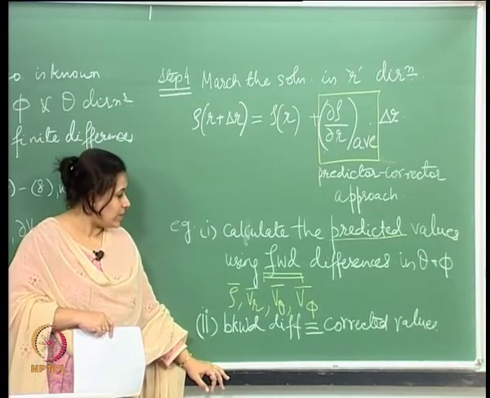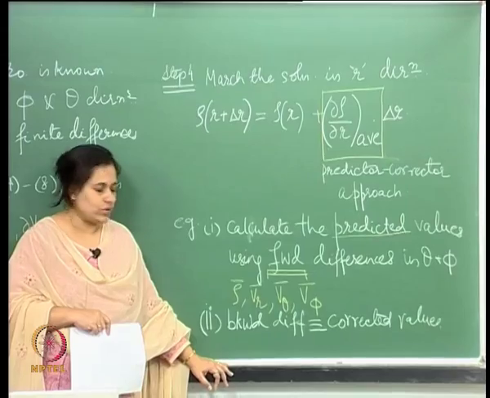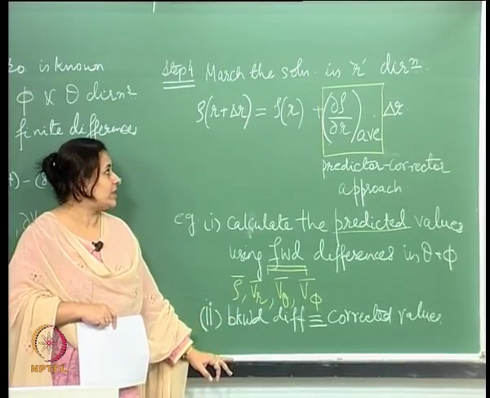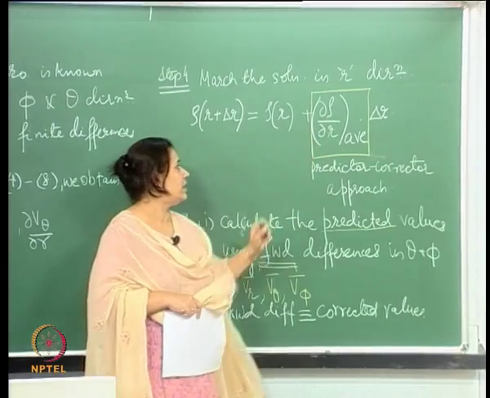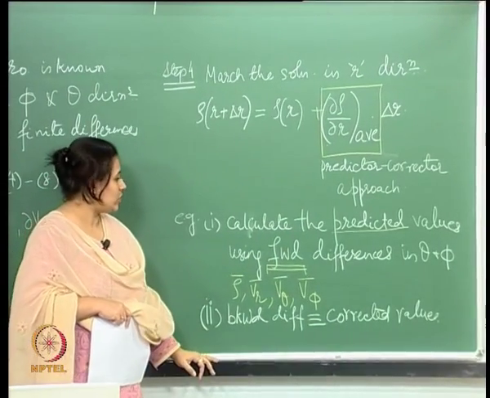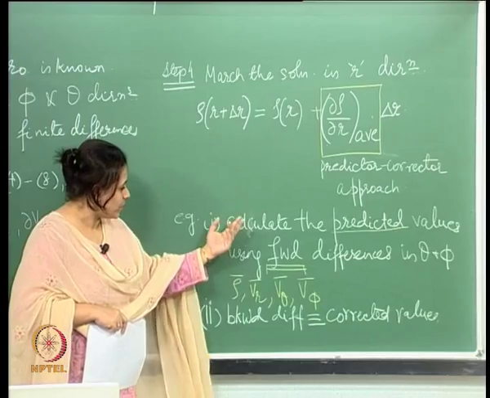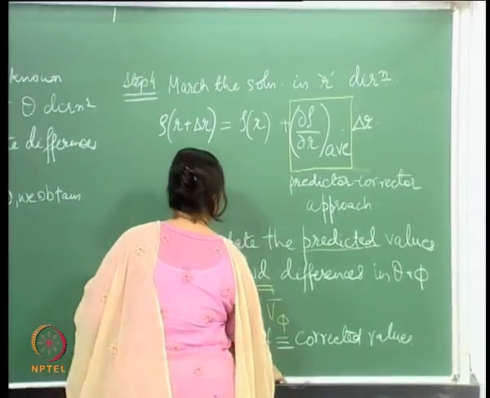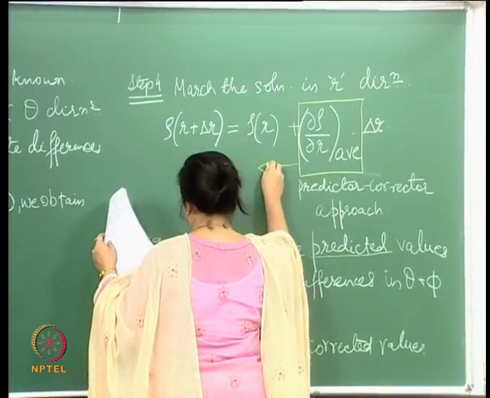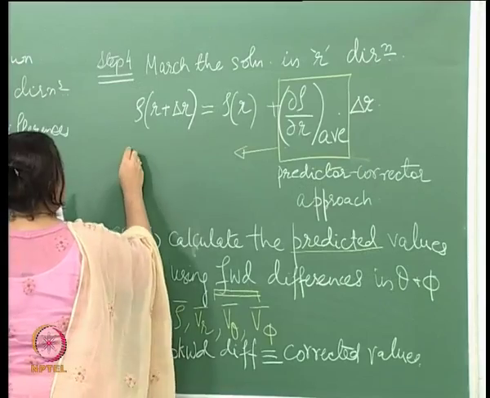Once we do that, we will calculate this, for example, del rho del r average, as an average of this predicted and corrected values, which means what? Which means that this is basically equal to,